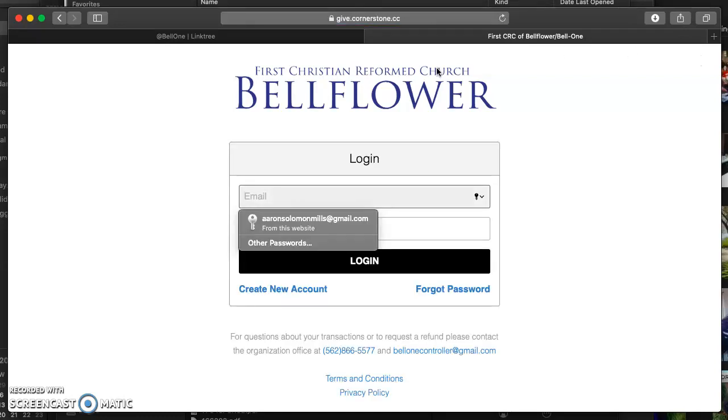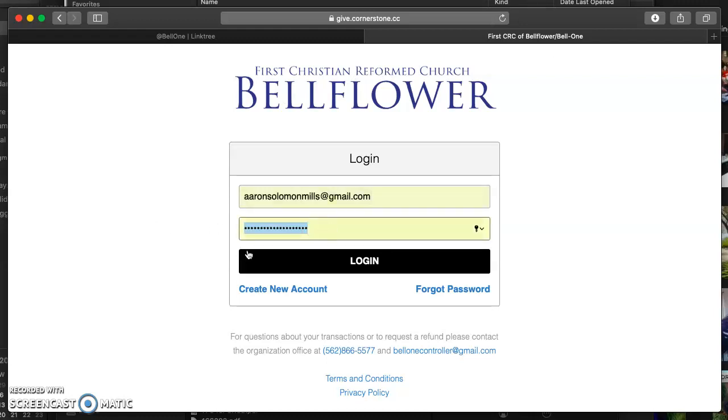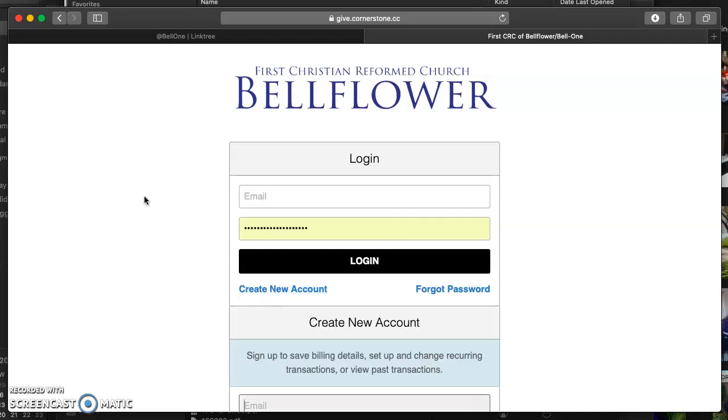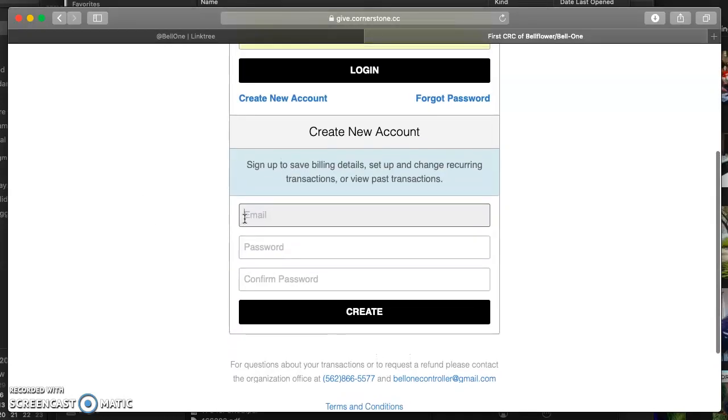And you see, I click on that, and then my login info pops up right away. That's my email address, and then it shows my password because I have all those things loaded in there. Now, if you're not me and you've never done this before, then you have to go through the create new account process. And if I click on create new account and scroll down here,